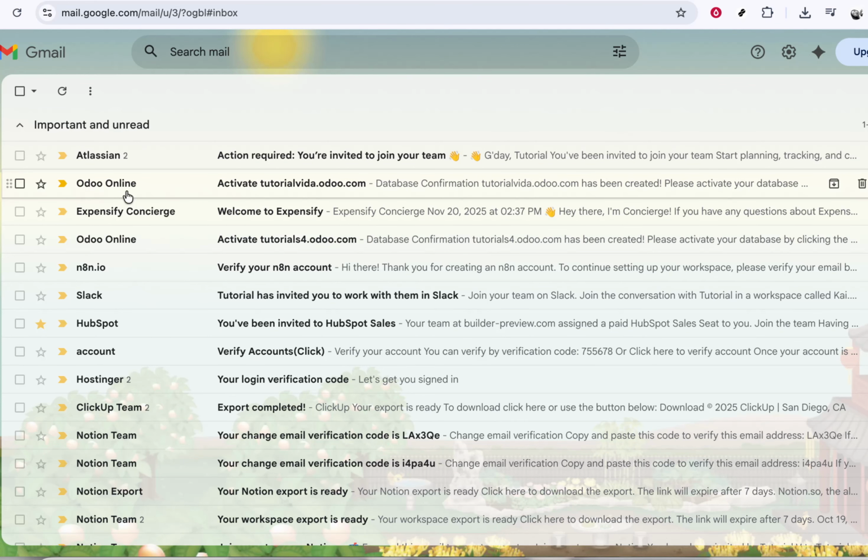over time. First, open your Gmail account in your web browser and make sure you're on the main inbox view where you can see the list of all your emails. Take a moment to scan through your messages and identify the ones that clearly look like spam. These might be emails from senders you don't recognize, messages that look suspicious, or content you never signed up to